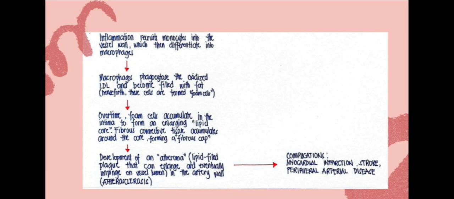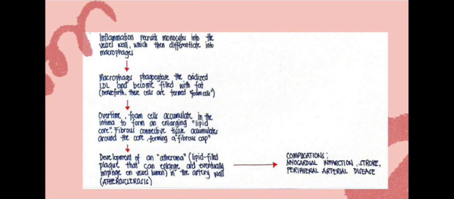As the disease progresses, the plaque grows larger and becomes unstable. The lipid core inside the plaque enlarges and the fibrous cap becomes weaker. This instability makes the plaque more likely to rupture, which is a critical event. When a plaque ruptures, it exposes its contents to the bloodstream, causing the blood to form a clot. When the fibrous cap of the plaque ruptures, it leads to the formation of a thrombus, or blood clot. The clot can completely block the artery, obstructing blood flow. Depending on where this occurs, it can lead to different complications such as a heart attack or a stroke.